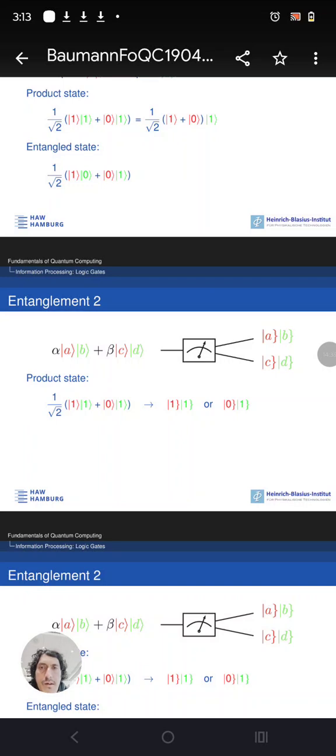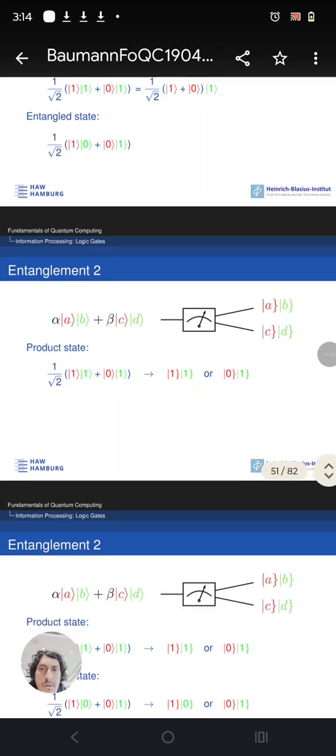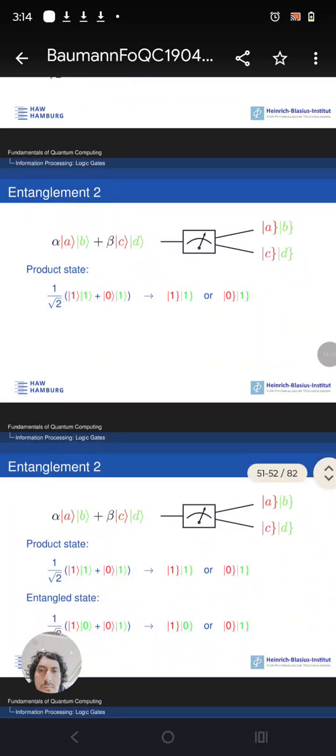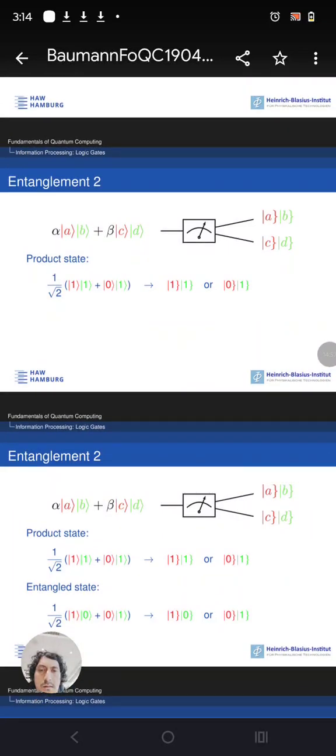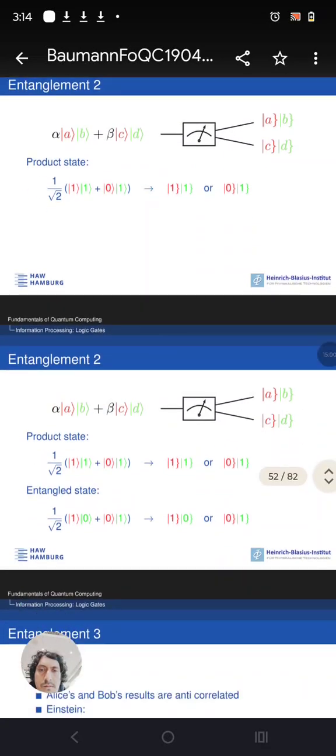Here is once again another example. Alpha AB plus beta CD. AB and CD. Product state 11 or 01. Then we have